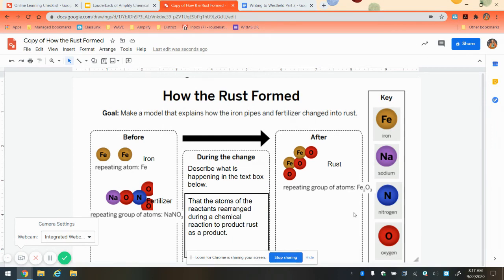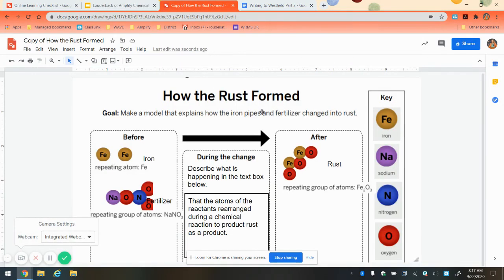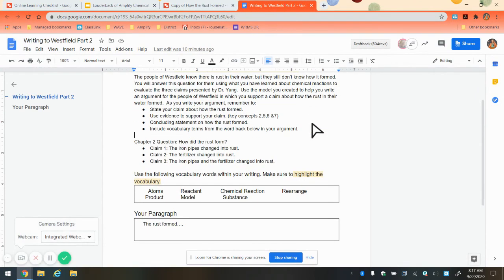So then at the end, I'm going to take a, oh goodness, I don't know how to get rid of that. Oh well, I'm going to take a screenshot of this and insert it into my notebook here. Okay, all right, so now that I have that and I have my explanation, my little model here of what caused the rust to form, I'm going to go to my writing. All right, so this is again going to be another assessment piece. Okay, and we want to make sure that we're going to be using